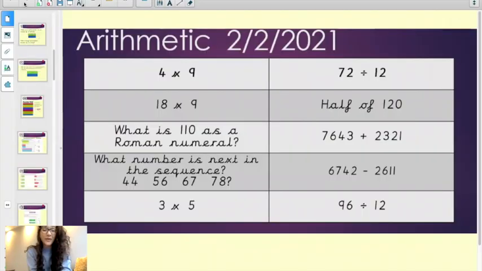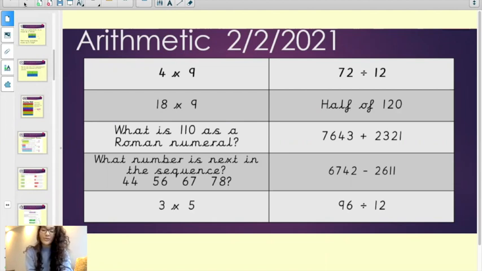Williams class. For your arithmetic today, the questions are as follows. 4 times 9, 18 times 9. What is 110 as a Roman numeral? What number is next in the sequence? 44, 56, 67, 78. 3 times 5, 72 divided by 12, half of 120,